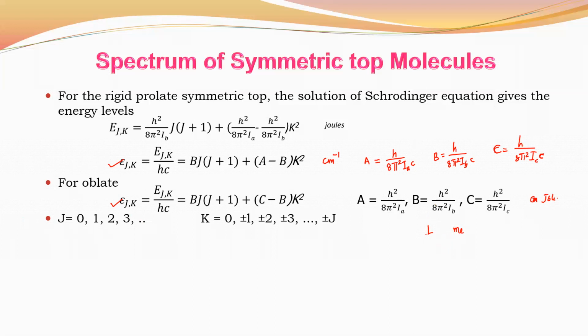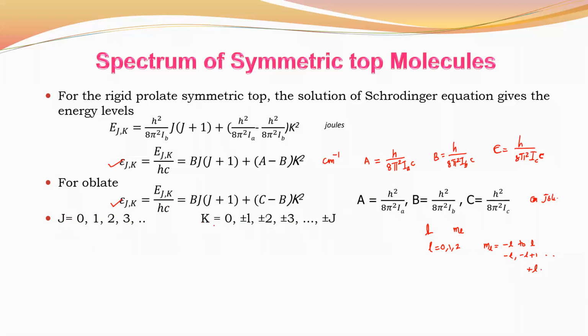Then we know that L may have the values 0, 1, 2, 3, etc., and ml must have the integer values from minus L to L. That is, minus L, minus L plus 1, etc., up to plus L. It is a similar one, and here it is the rotational quantum number J, and here also K is